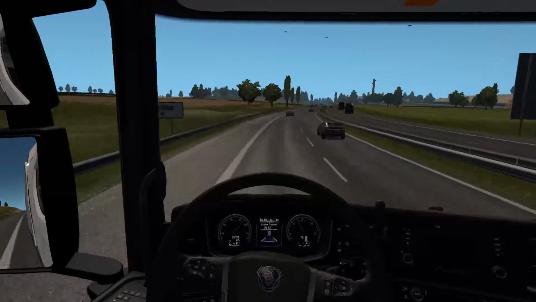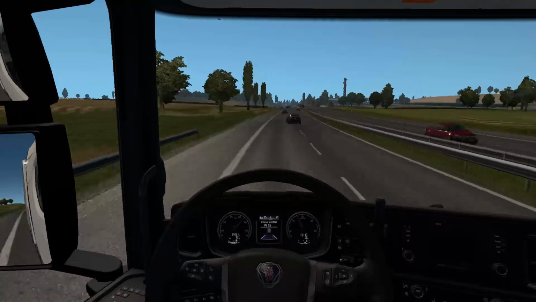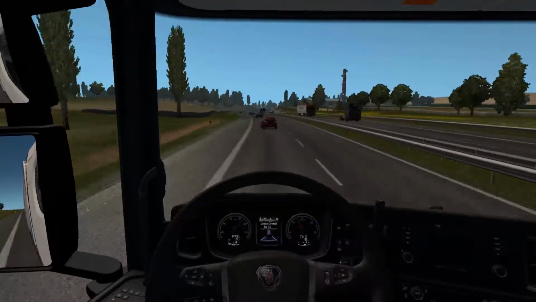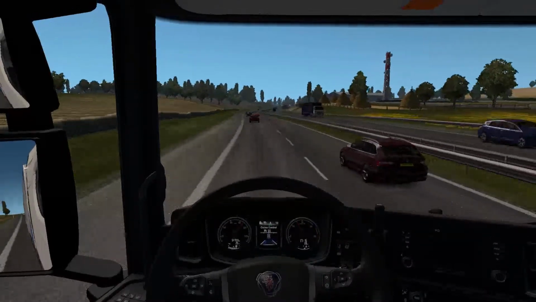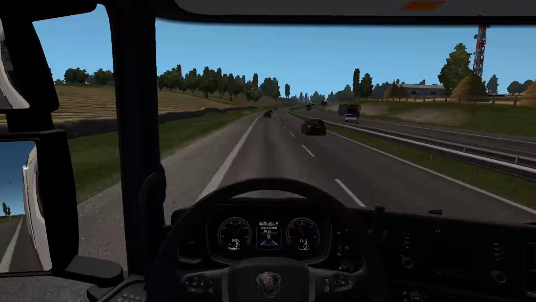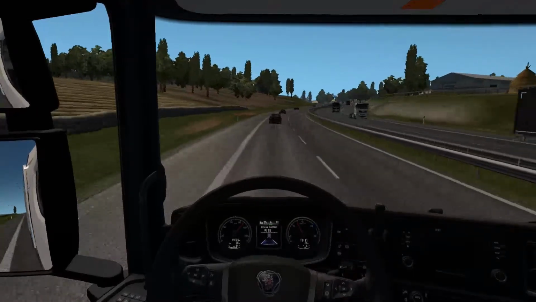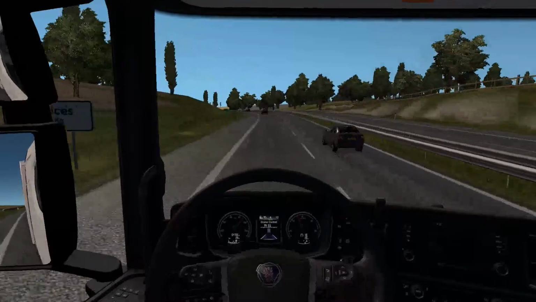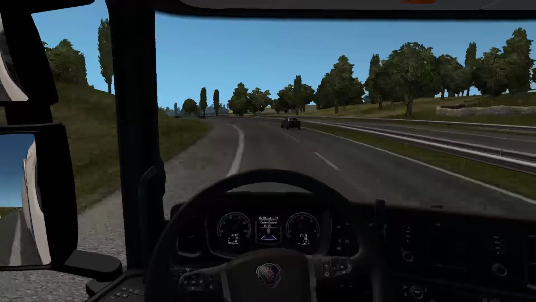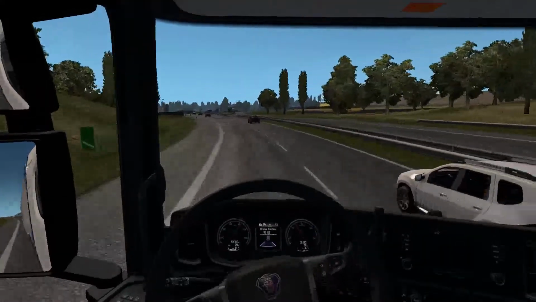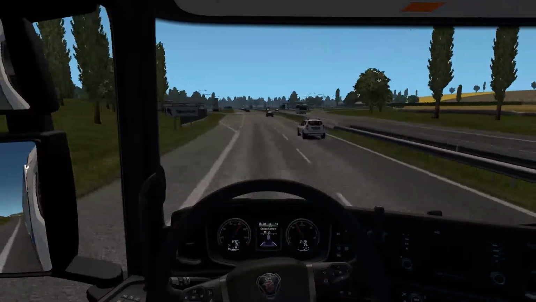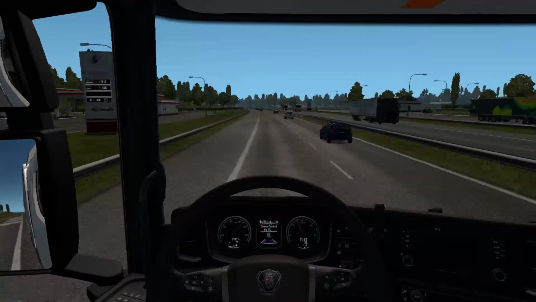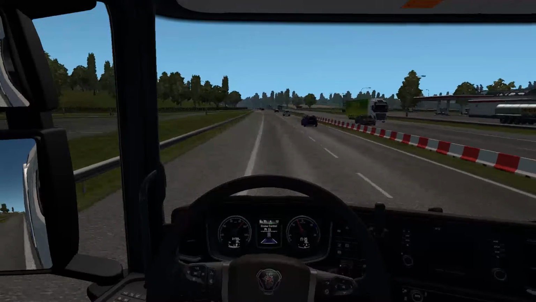What's really stupid is the speed reads in kilometers per hour. But because I'm using miles per hour in the game, the cruise control reads in miles per hour. So right now the speed says I'm doing 90, and the cruise control says I'm doing 55. That proves the cruise control reads off the game, but the speedometer reads off where the truck is from and what dash you're using. That is so dumb. I mean, if you took a photo of it and showed it to somebody, they'd think it was broken, because the truck is going 90 when the cruise control is set to 55. I don't know. It's obviously just some weird game thing. Never mind.